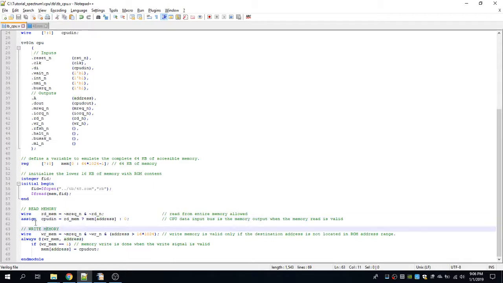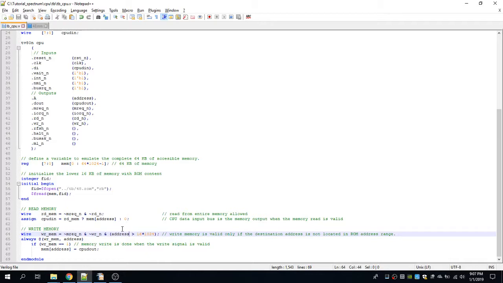The write memory is in a similar way. So we have this write memory, which is valid only when the memory request is 0 and the write enable is 0, and the address is higher than 16 kilobytes. So we want to activate this write memory only when the CPU is actually writing into the RAM area, not in the ROM area.